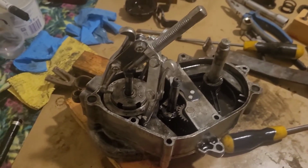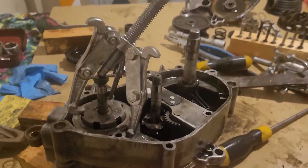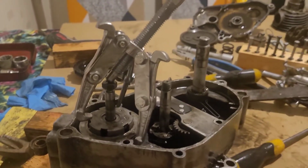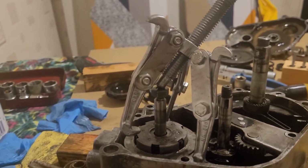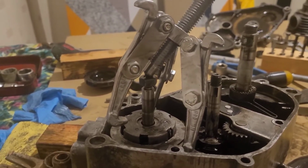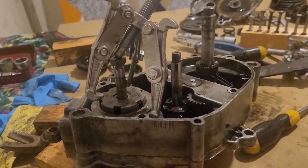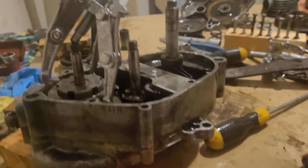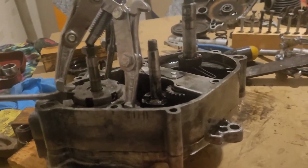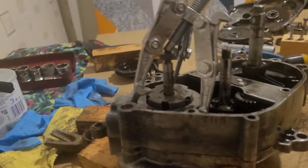Okay, so I'm coming back after 1 hour. This clutch seat here, another hard work to come out. So I had to use the eBay pullers. I just put 2 arms on the side, and I put the top nut on the axle, so I won't damage the thread. These axles can be very easily damaged, and they are not very cheap to buy. So with 2 arms here and with pressure from this side here, I managed to bring it up, but as I said, it took me 1 hour,